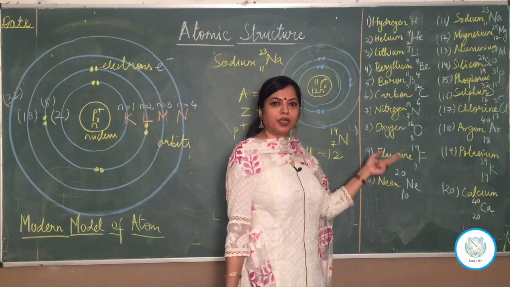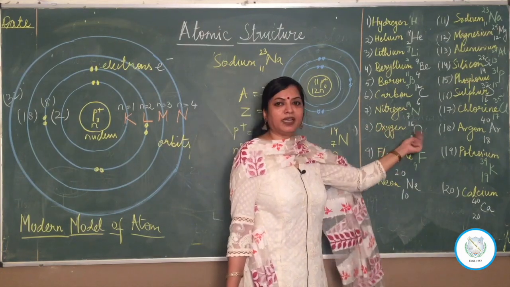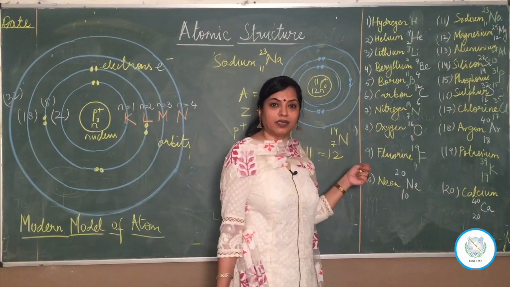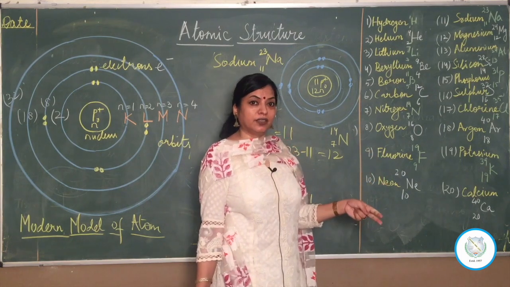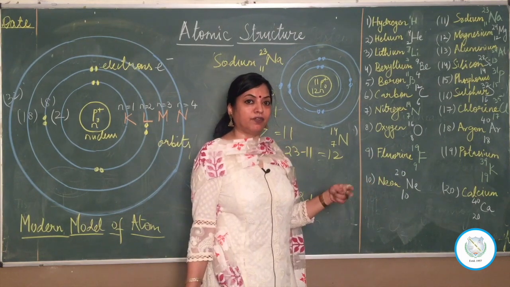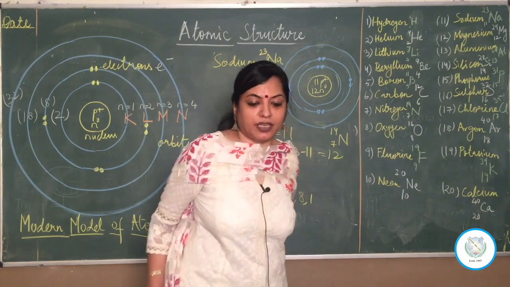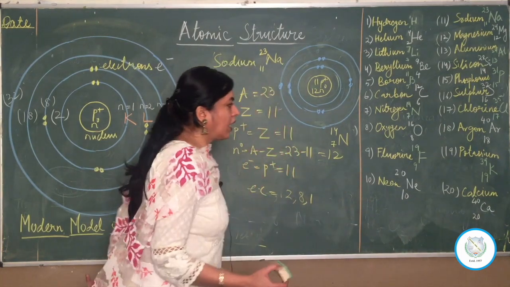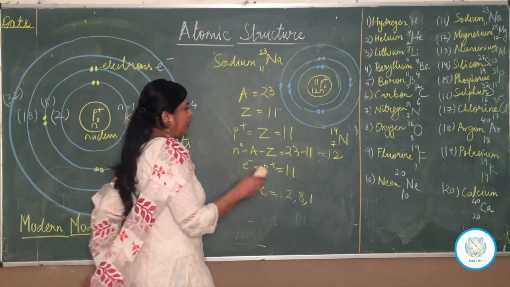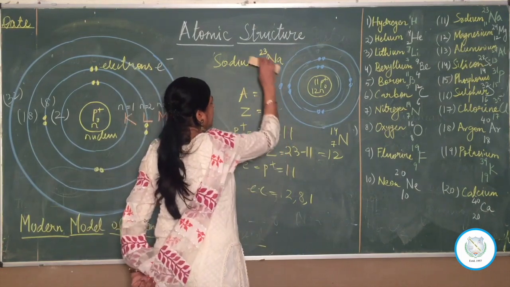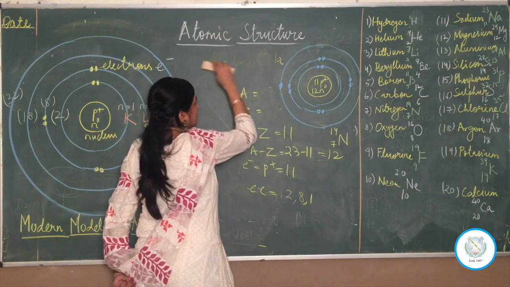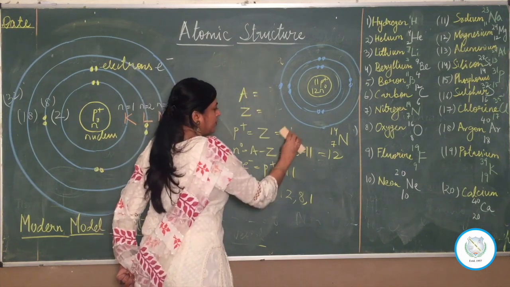Chlorine, 2, 8, 7, and then again comes an inert gas, that is argon, 2, 8, 8, whose outermost shell is following the octet rule, 2, 8, 8. Now exception again begins where? In the last 2, that is potassium and calcium. What is happening here? Now potassium is